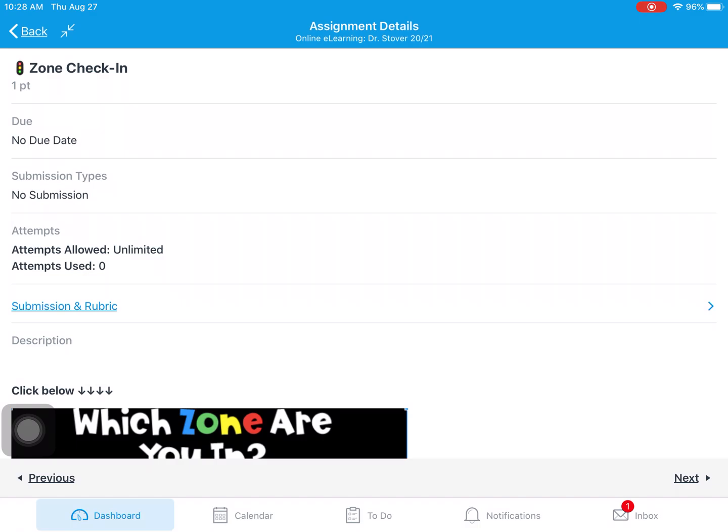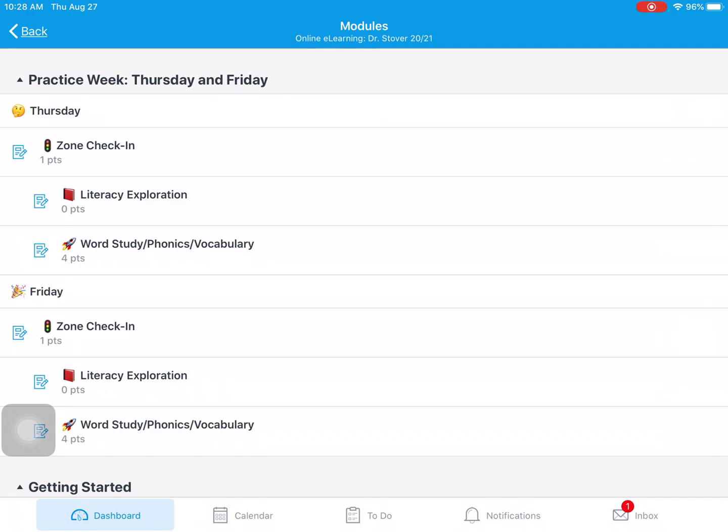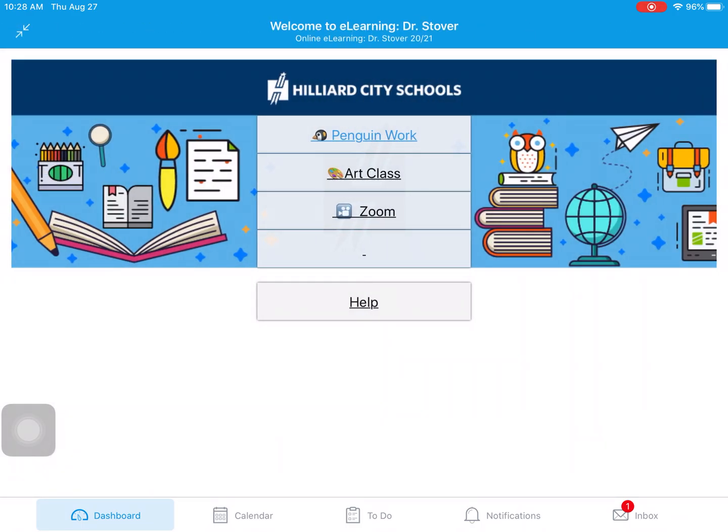So, hopefully this is a helpful overview. This is just how Canvas works. The back button will take me lots of different places. So that's the modules, and that's our penguin work. Okay, so the next thing I want to share is